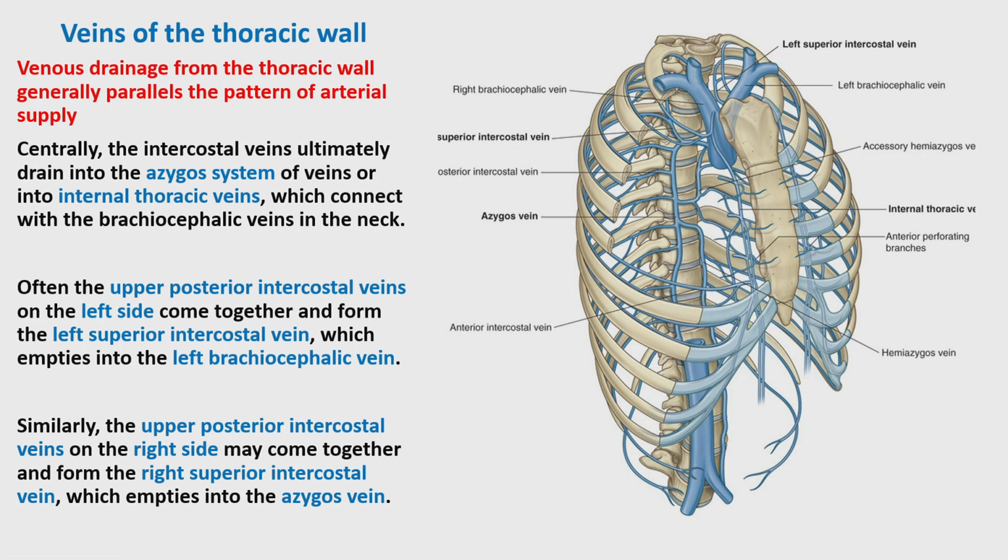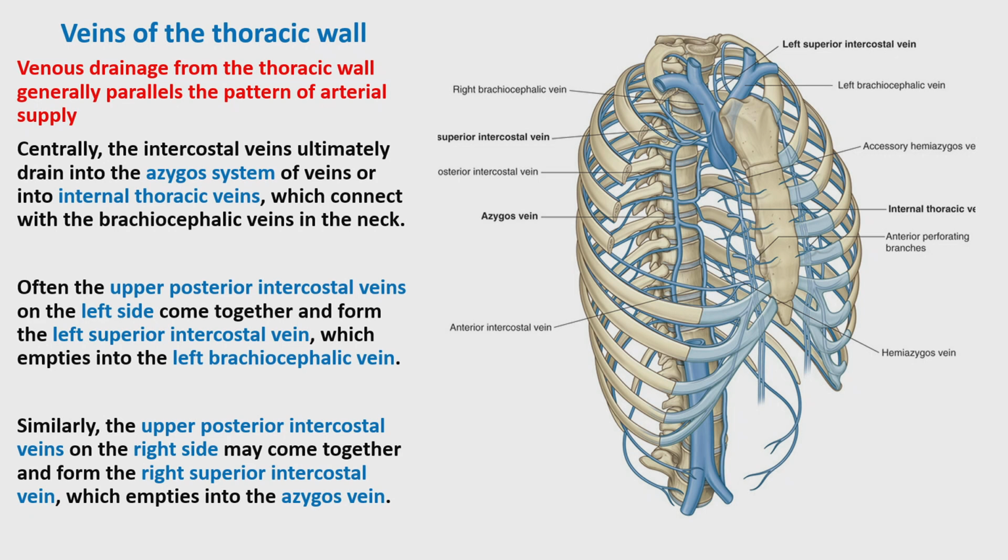Regarding the veins of the thoracic wall, if you know the artery, more or less it's similar to the artery, not always. So the thoracic wall is generally parallel and copying the pathway of the arterial supply. So if you know the internal thoracic artery, which is a branch of the subclavian, and the branches of the internal thoracic artery, similarly it's the tributaries of the internal thoracic vein, which is ultimately draining to the subclavian vein